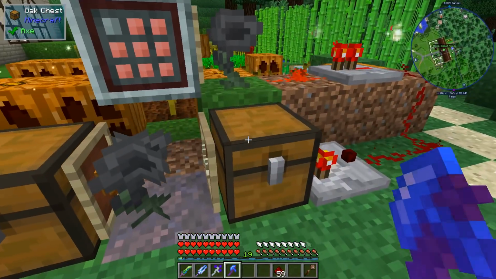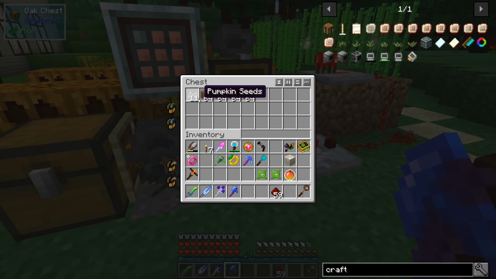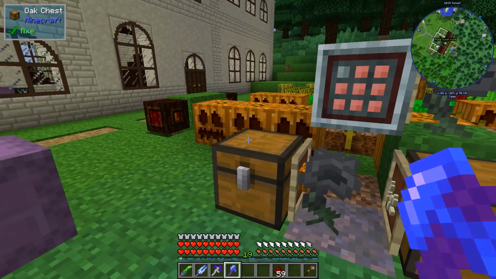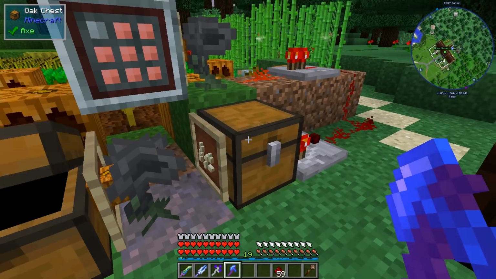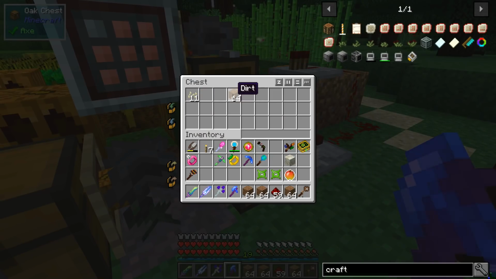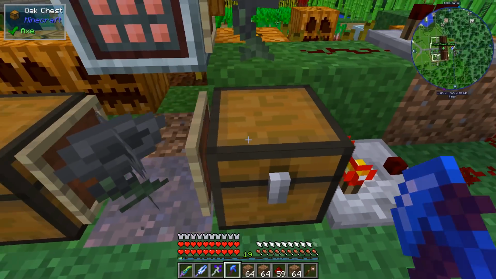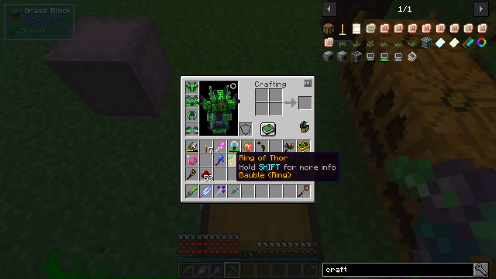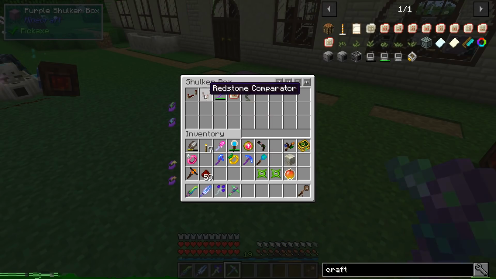So what that means is that when this chest has enough seeds, then it's going to start allowing this hopper to pick up the pumpkins and put them in this chest. Hooray! So I'm going to take that dirt out of there so that it will start producing seeds again. Put a redstone repeater on this guy